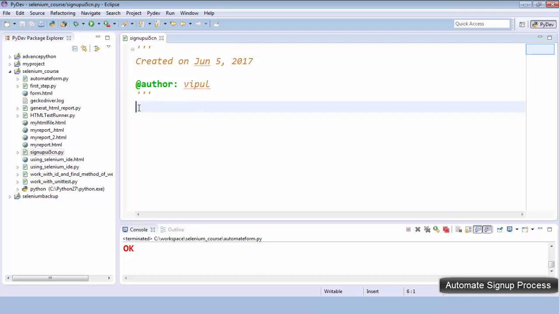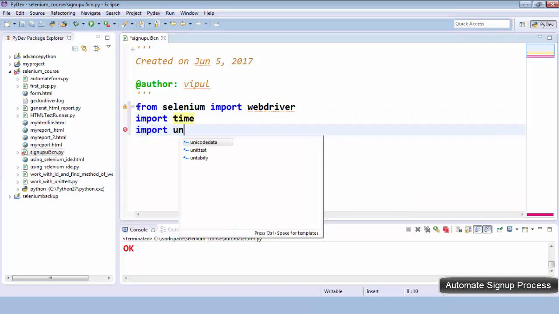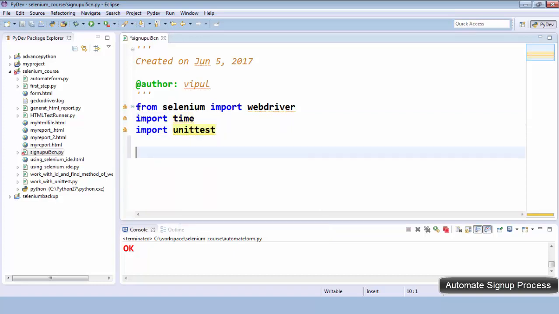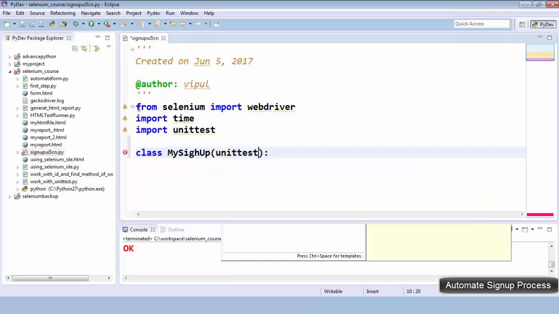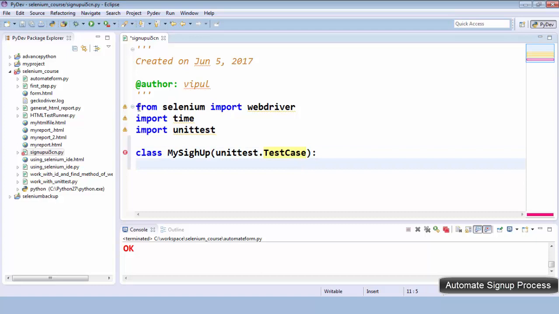This is a .py file. So from Selenium I will first import WebDriver and import time, import unittest. I will create a class. So let's say class MySignUp, and here we have to inherit unittest.TestCase, and then we have to define our def setUp